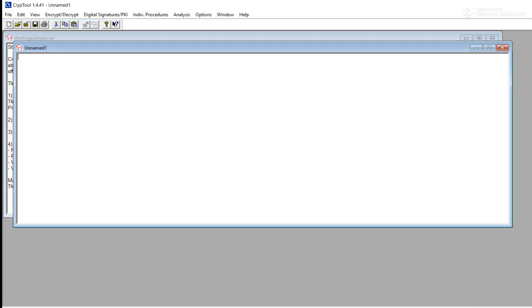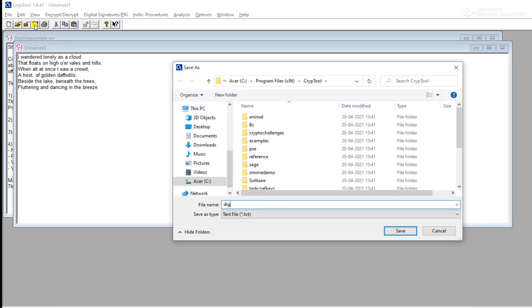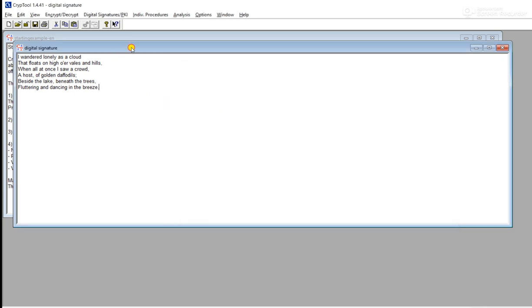I will put some content here for the plain text message. Now I will save this file with any name. So I save it as digital signature. Now there are two ways to be followed for creating and verifying a digital signature in Cryptool.